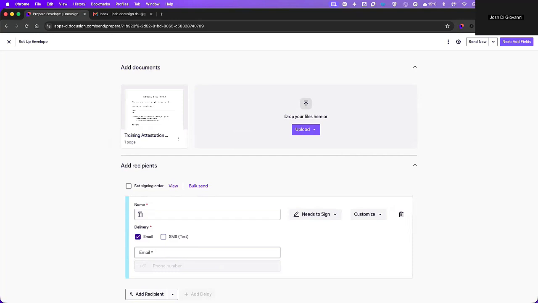There may be times when you need to send an envelope but don't know the details of one of the recipients. If we use the Specify Recipient action, we can nominate one of our recipients to provide the name and contact information for subsequent recipients. Let's enter the details of our manager and select Specify Recipient action.